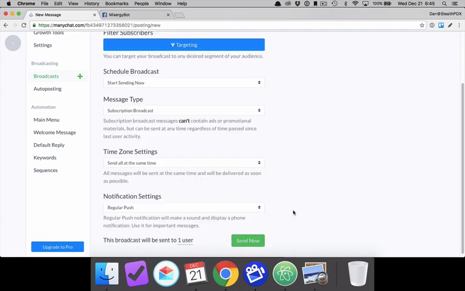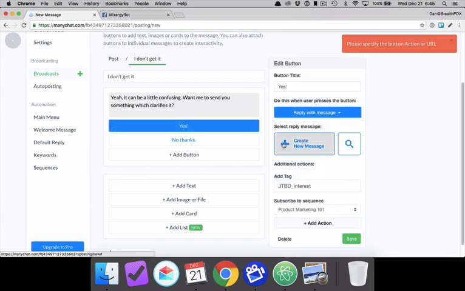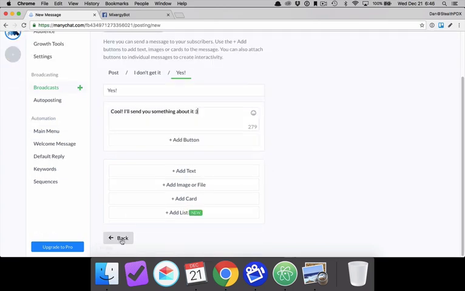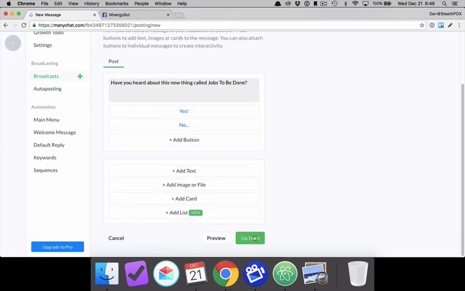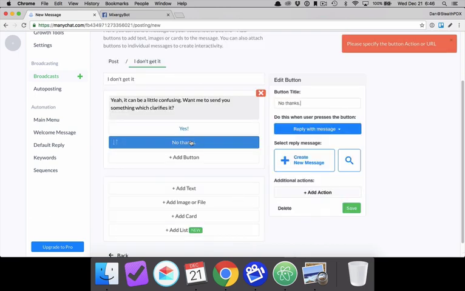So let's go to next, and we're going to try to send this now and see what happens. Oh, looks like this still isn't quite right. Specify action or URL. Create message. Oh, okay, cool. I'll send you something about it. All right, hopefully this logic will work out at the end. Go next. Send now. Oh, okay. I also messed this part up too. One of the cool things about this interface is that if you mess something up or you forget to put something in,